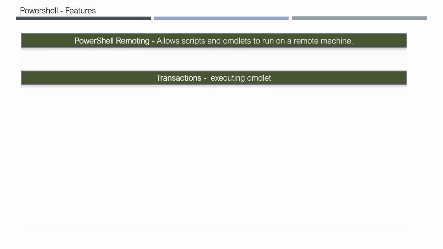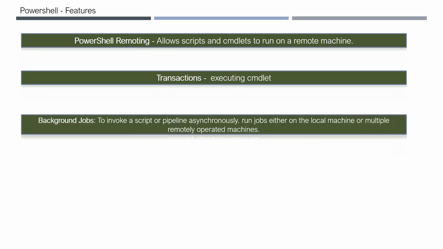So these are the things we talked about. PowerShell remoting. That means you can write from your laptop and execute these PowerShell scripts on a target machine itself. It's just like doing remote desktop. Without logging into the remote desktop, you can simply execute the commands. So you virtually connect to the server, and the moment you execute the command here, it will be executed physically on the other server. Transactions is nothing but executing the commandlets.